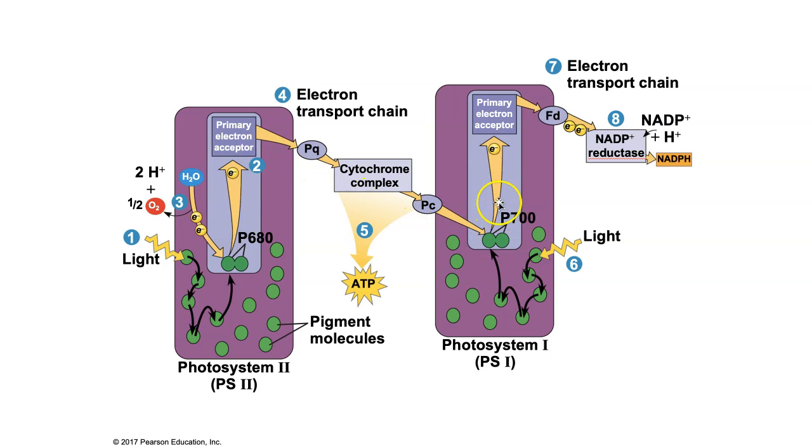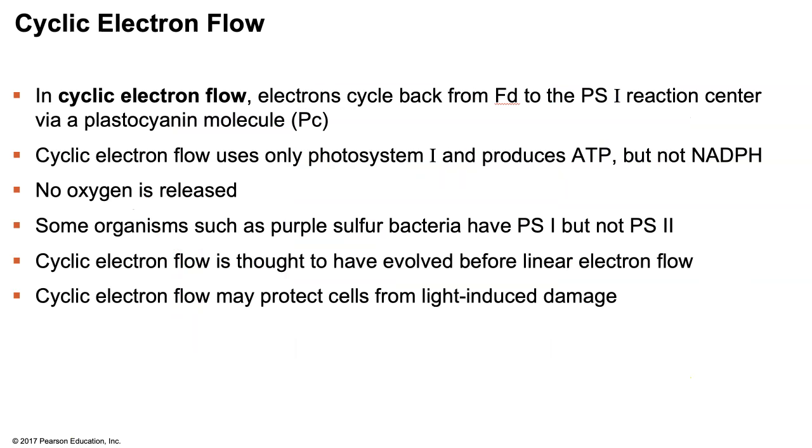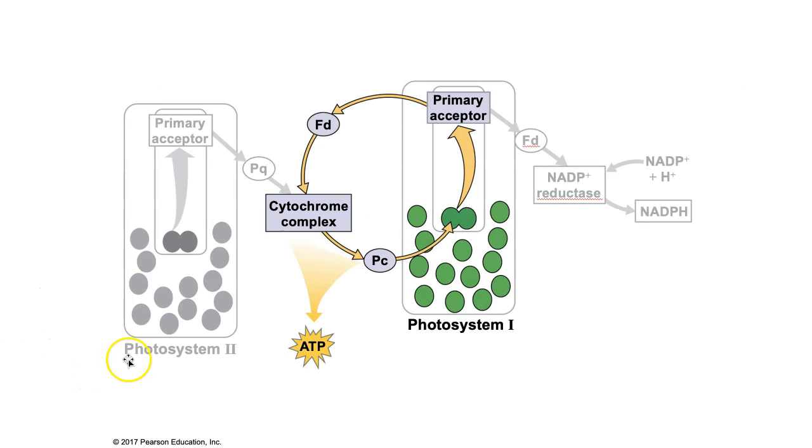Here's the linear aspect of it. It's in a straight line from beginning to end. But I mentioned that there can also be something called cyclic electron flow, where there's a cycle involved. With cyclic electron flow, here's a nice little picture here. What happens is the electron that's being passed from the cytochrome complex to the P700 chlorophyll A gets excited up to the primary acceptor, and then instead of it being passed to ferredoxin